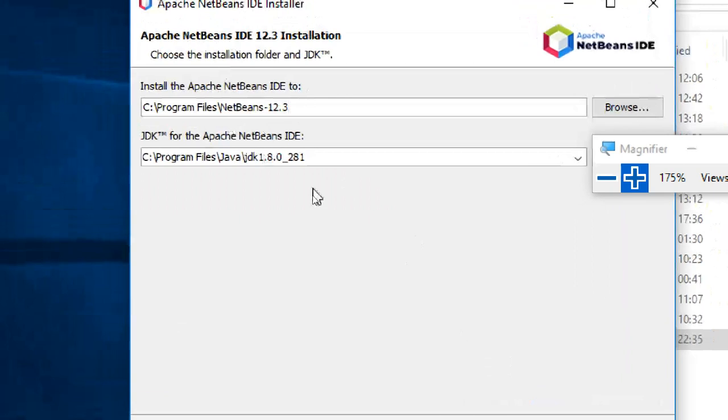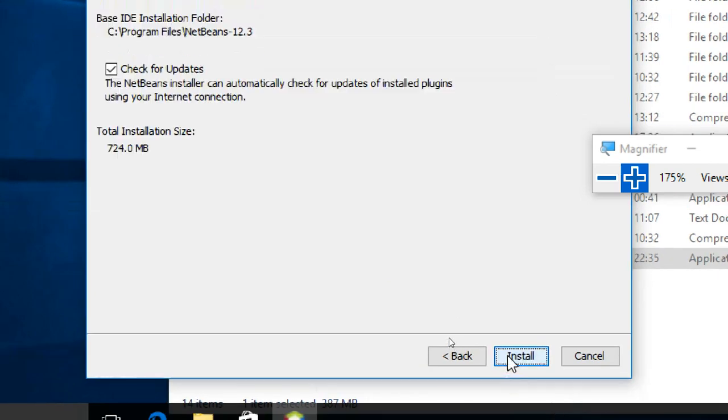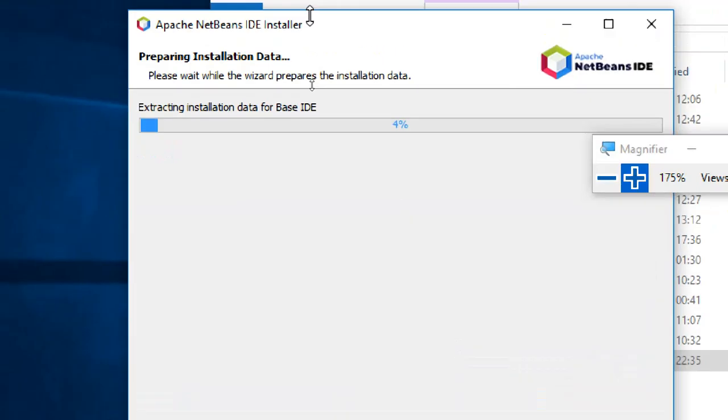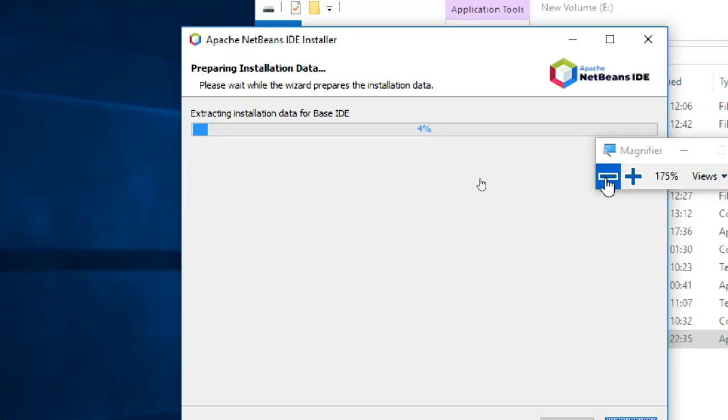Okay, these are the default locations of where you want to install it, and see, it is asking where the JDK is. It is detected automatically. How is it detected? Based on my environmental variables only. Do you want to check for updates? Okay, leave it. Otherwise, you can uncheck it, since it requires an internet connection, right? You can uncheck it. I'll keep it. Let it. Now it is doing the full data extraction, and then it will install. It will take time.